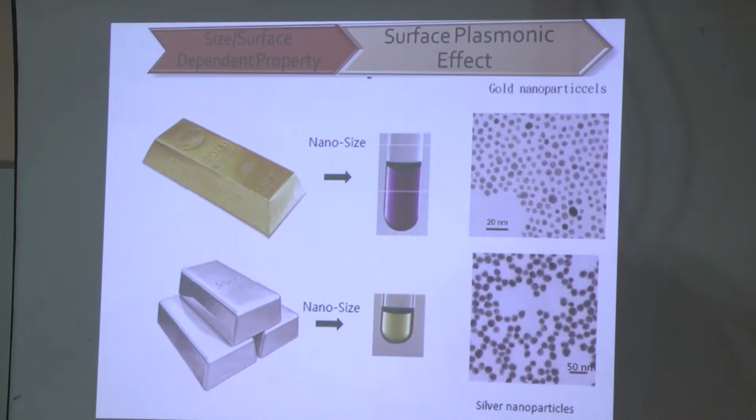Something similar in silver. If you go to nano dimension, it goes looking golden in color, because we have changed the particle size here. Now, what is this? This is because of the surface plasmonic effect. Again, you have to go back to your solid state physics background and think about plasmon. Plasmon is a collective excitation of electrons with respect to the potentials of the atomic potential. When you think about those plasmons and the interaction of that plasmon with the light incident on that,